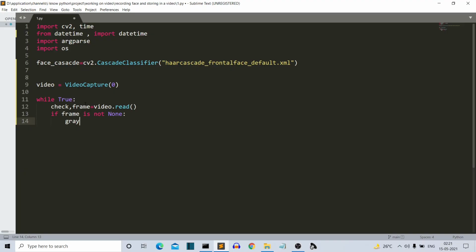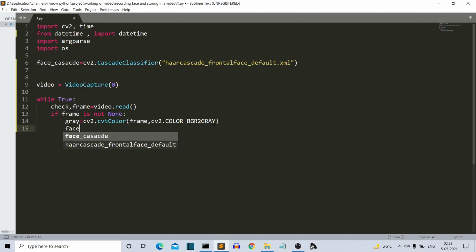image into grayscale. Okay, so we have converted our colored image into grayscale. We are using the cvtColor function of OpenCV, and there are two parameters. First is the frame, the picture that we want to convert into grayscale, and then cv2.COLOR_BGR2GRAY, which is blue, green, red to gray. Simple English. Now we have to detect if there is any facial feature in this gray variable, and for that we'll be using this face cascade. Okay, so I'm going to create this face variable.